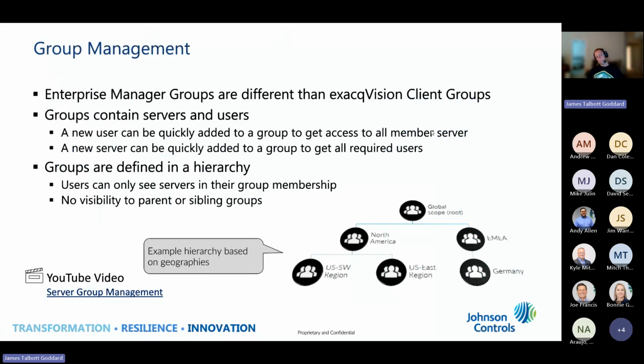Group management. You can do group management with the Enterprise Manager. It's very similar to Active Directory if you are familiar with that. Think of it as a hierarchy. This example right here just shows geographical groups. The one that I like to use is K through 12 school systems. So at the top of that is root, the main school district group, and then it branches off into